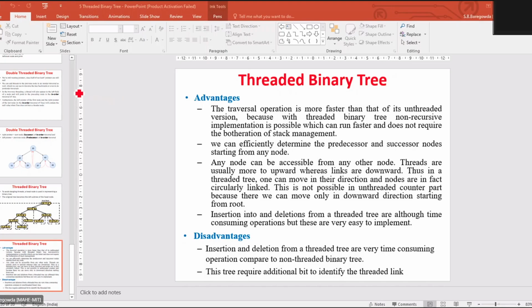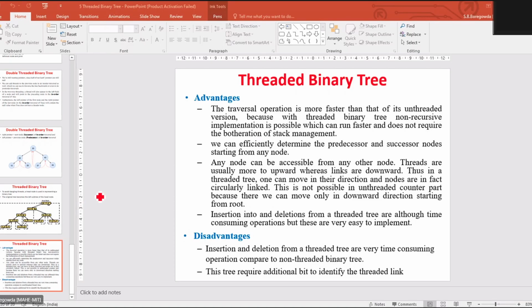The second operation is finding the maximum or the minimum value in the given heap tree. It is very easy to find the maximum or minimum value. The third operation is deleting a node. We can delete a node with the maximum key value or a node with the minimum key value. And sometimes we want to modify the existing key value. That can be done by the increase or decrease operations.